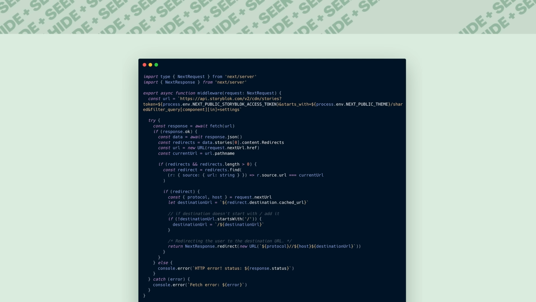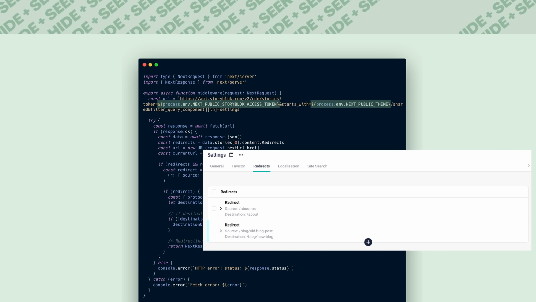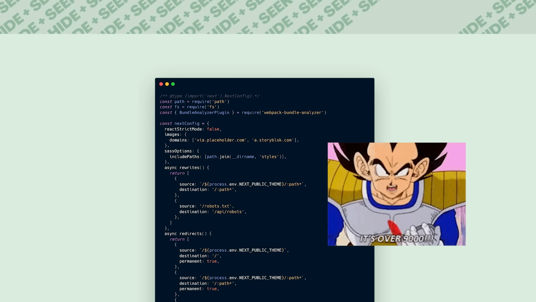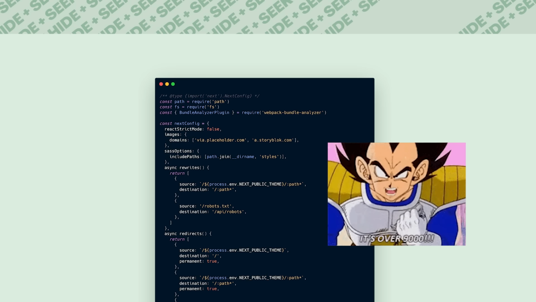The versatility of Next.js extended to unique redirects for each site, managed through middleware. By utilizing environment variables, we could isolate redirects to specific websites, offering content authors the flexibility to create, modify, and remove redirects on the fly, while also enabling shared redirects. Next.js's proficient handling of URL rewrites ensured a clean user experience despite the complex routing structures. It became the powerhouse solution that brought everything together seamlessly.